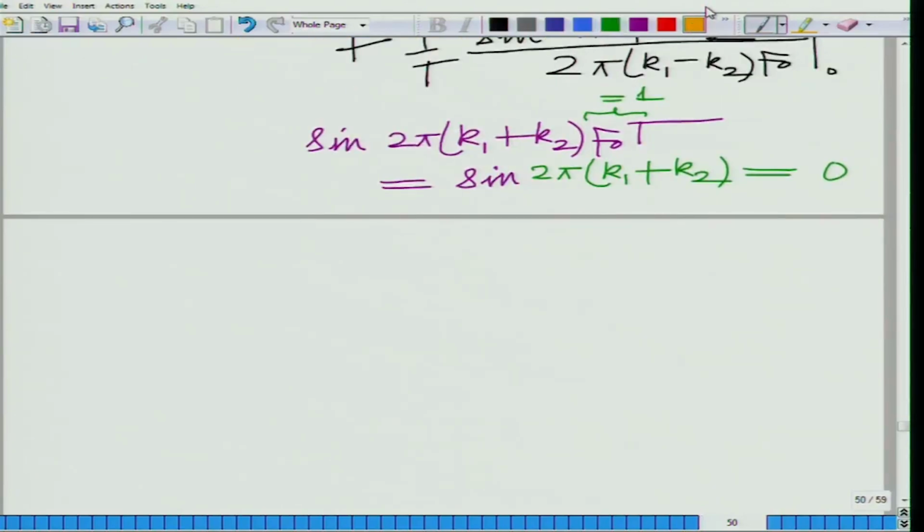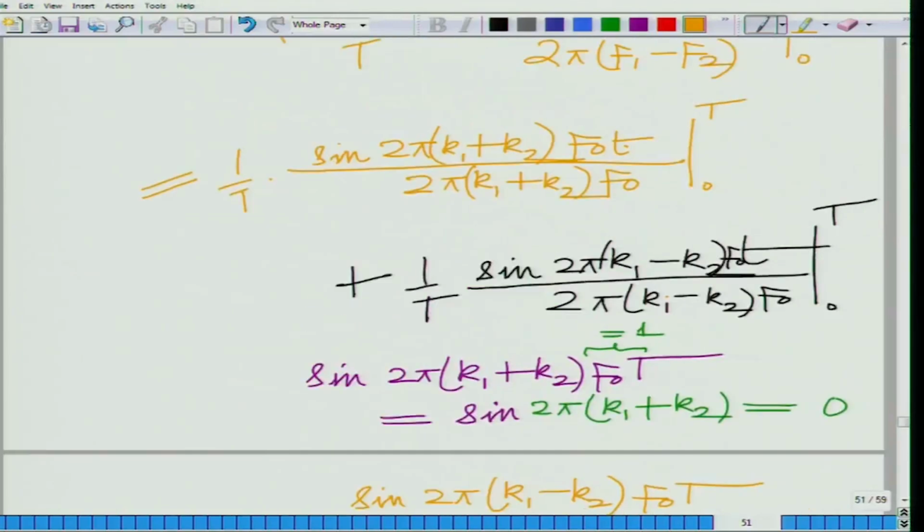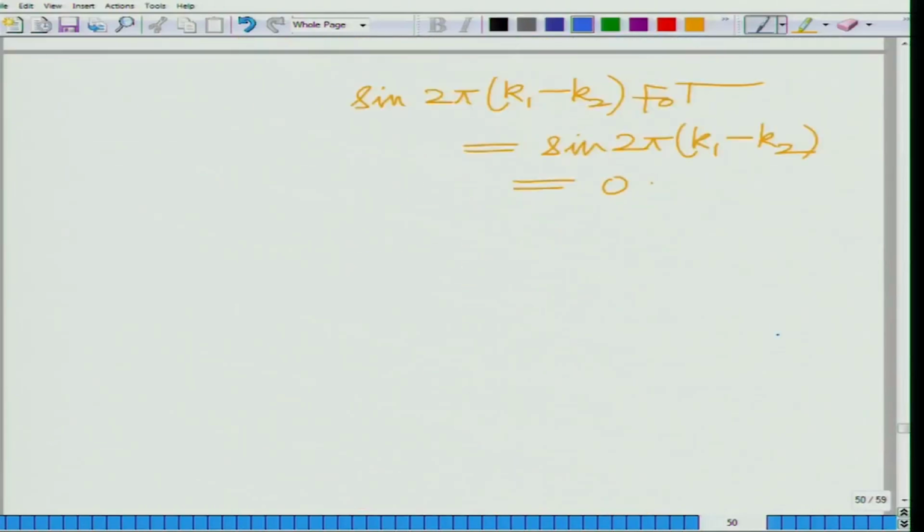Similarly, sine of 2 pi (k1 minus k2) f naught T equals sine of 2 pi (k1 minus k2), which is equal to 0. So, both these terms are 0, and therefore,